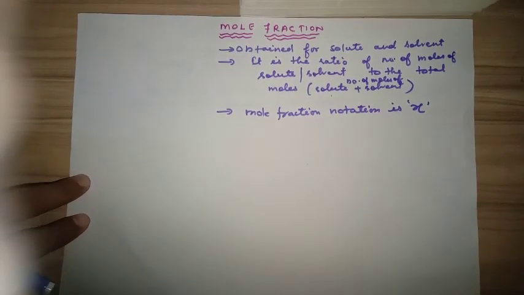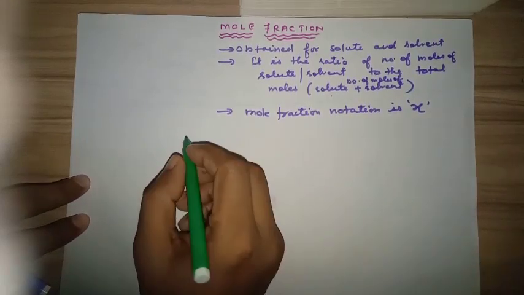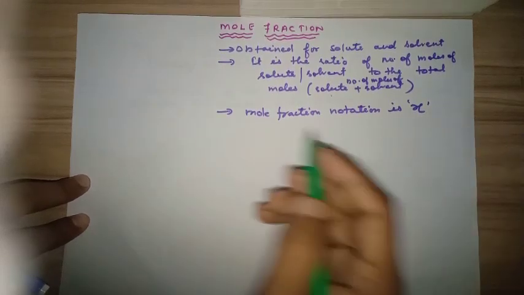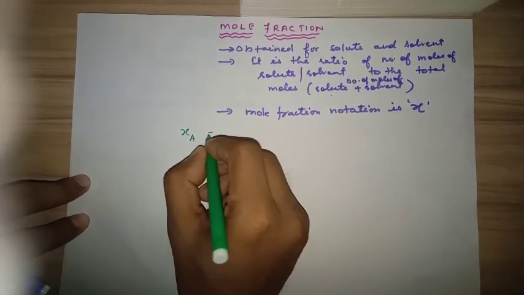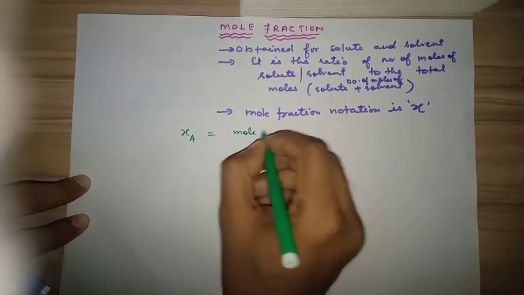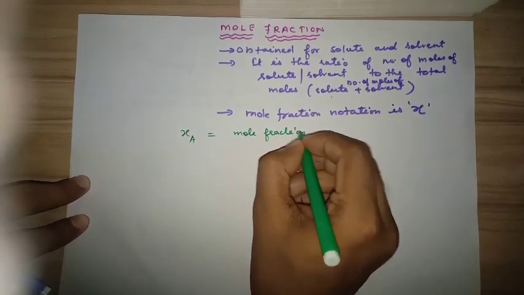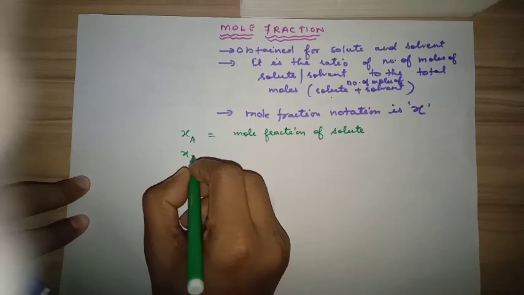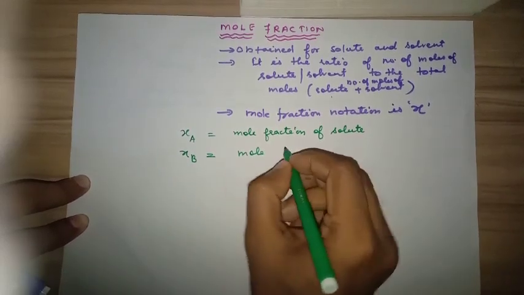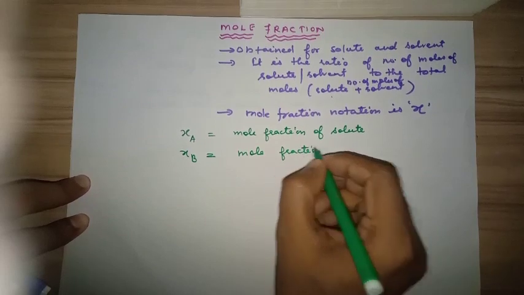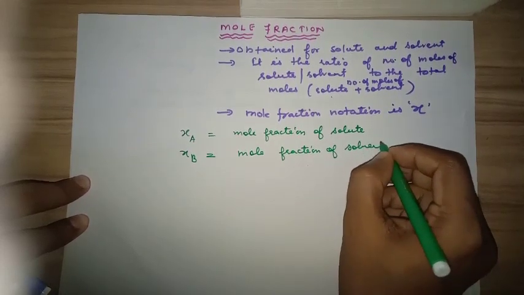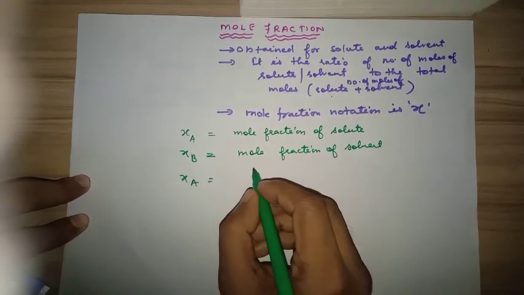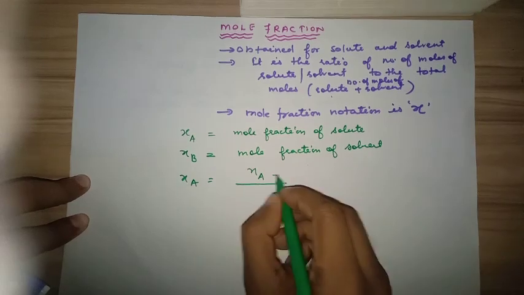Now suppose you want to find the mole fraction of solute and solvent. So this can be written as xA, that is mole fraction of solute. If I say xB, that will be mole fraction of solvent. Now xA can be given as the number of moles of A, that is solute,